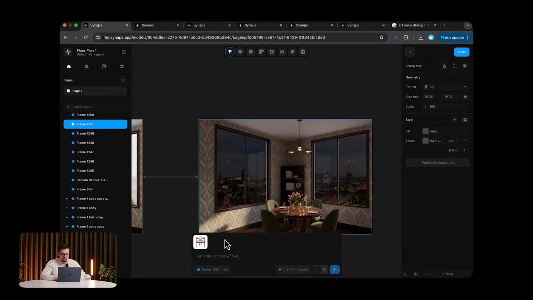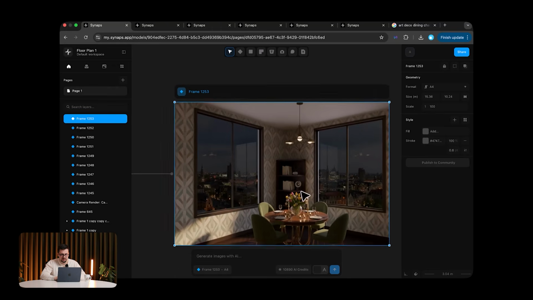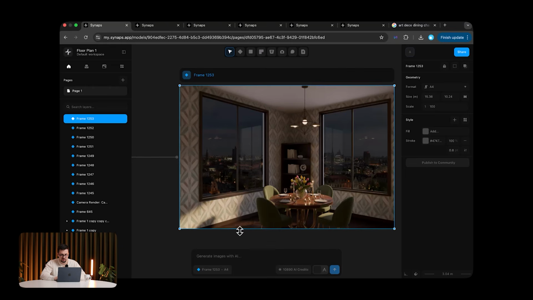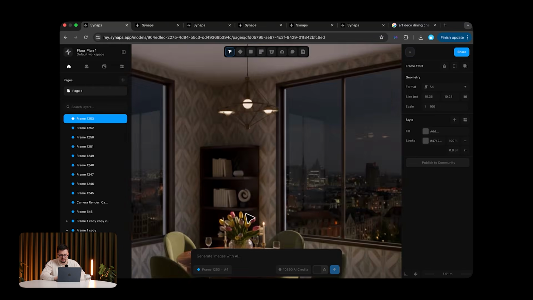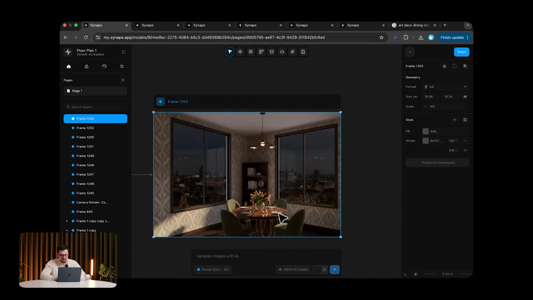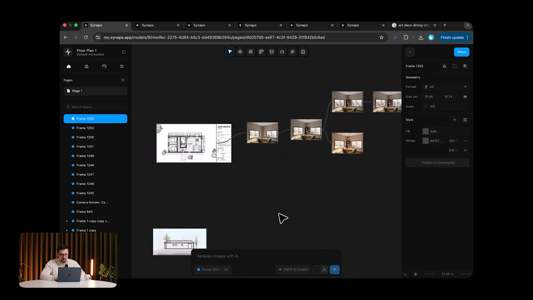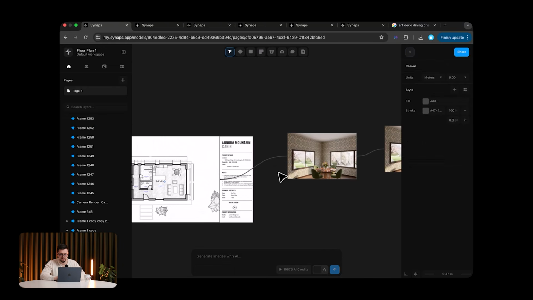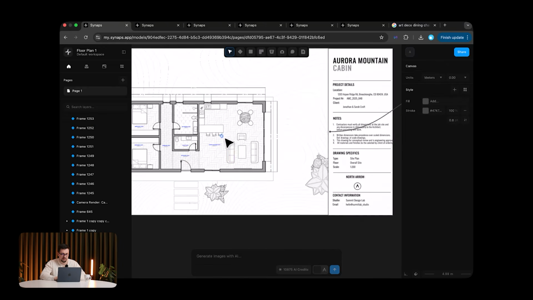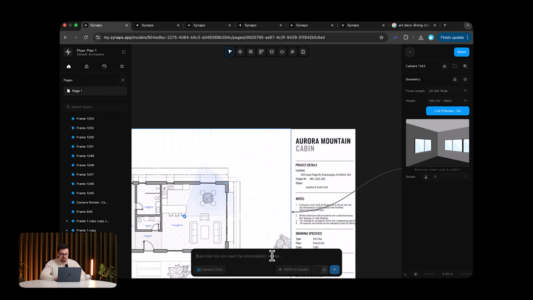I can click send. Now, one thing that I've noticed with the AI is that it does not turn the sun off. So you can see, even though it's night outside, it has turned on the candles and everything, there's still sunlight coming in, which looks weird. So for that instance, one workaround that I highly recommend, which I didn't apply here just because I wanted to show you the results a lot faster, is that if you go here, I would highly recommend just to render it raw. So for example, you can say, render this view as a white model, keep structure and scale 100%